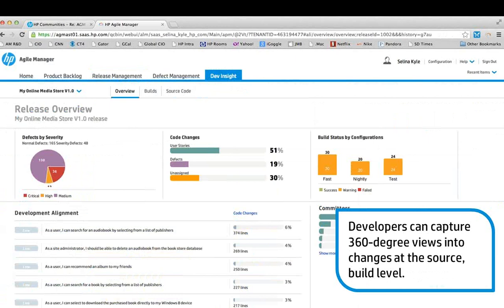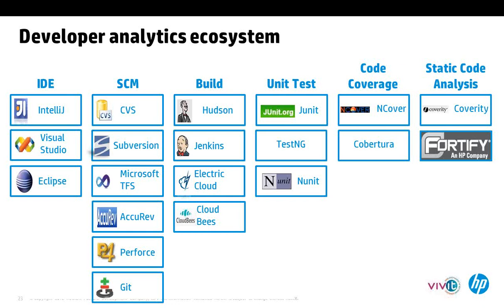Here's a screen that shows you the entire ecosystem, and this is an ecosystem that is gradually evolving as more and more partners align with HP to get on this bandwagon of HP ALM to come and be part of the ALI ecosystem, the developer analytics ecosystem.